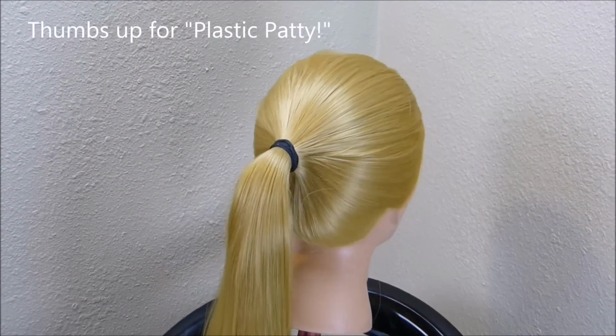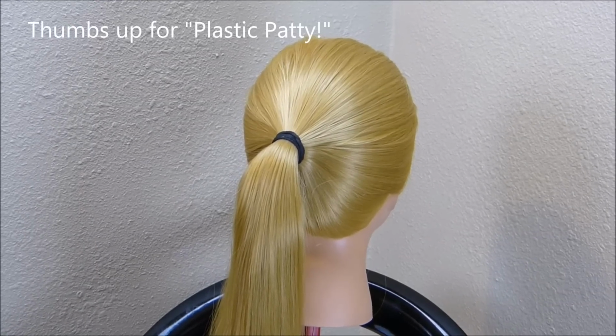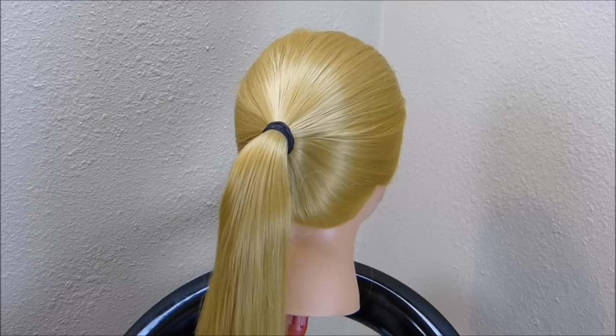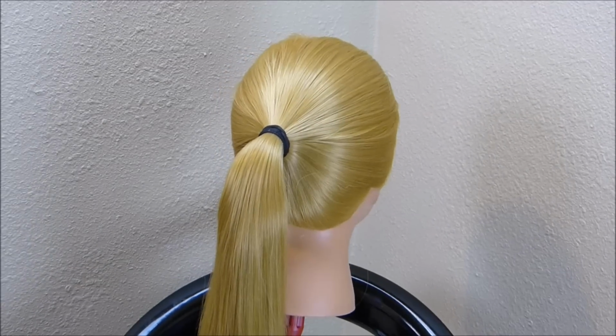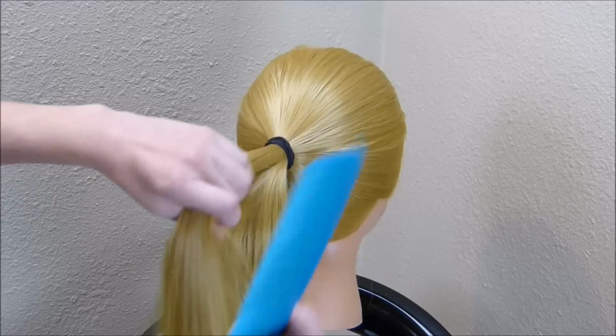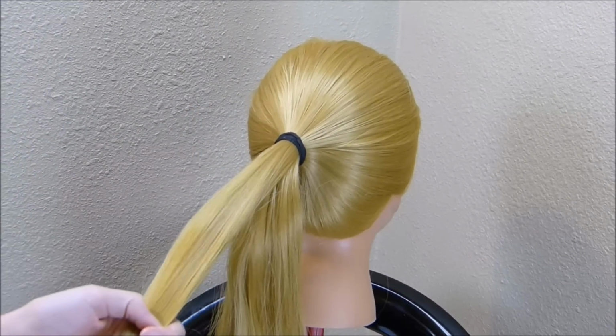plastic patty because the pattern of this braid wasn't showing up quite as well on the princess's relatively dark hair, so we wanted you to be able to see it. I've started just by putting her hair into a ponytail, and then I'm going to grab a section here at the top. You just want a pretty small section of hair here, and then I'm going to make a fishtail